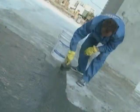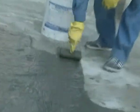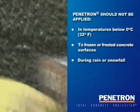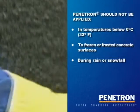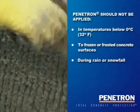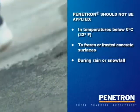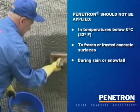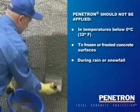per coat, normally resulting in a total surface coverage after 2 coats of between 1.4 to 1.6 kilograms per square meter. The second coat can be applied as soon as the first coat is dry to the touch, but time between coats should not exceed 6 hours. Penetron should not be applied in temperatures below 0 degrees centigrade to frozen or frosted concrete surfaces or during rain